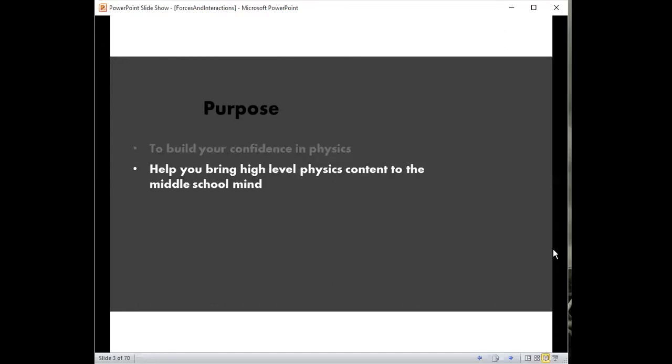Also, this is to help you bring high-level physics content to the middle school mind. A lot of the concepts that we talk about are very high level, but I don't think it's high level because it's difficult. It's high level because it's new, really. That's probably the main reason why it's high level. So throughout today's session, we are going to throw in little hints, tips, and tricks to help you bring some of this content and make it relatable and accessible for middle school students so that they can grasp